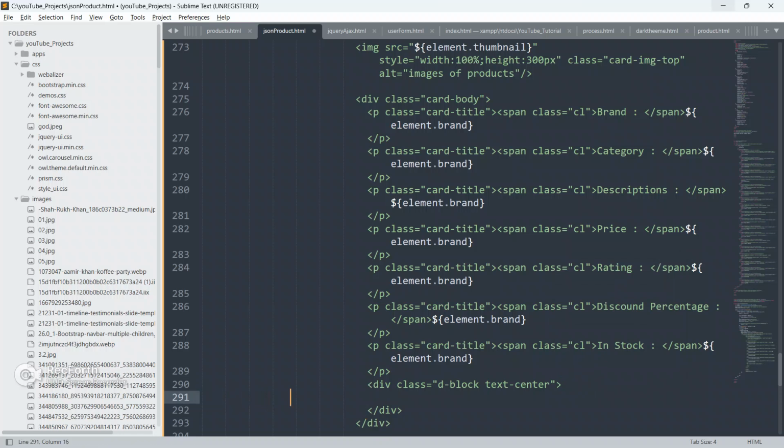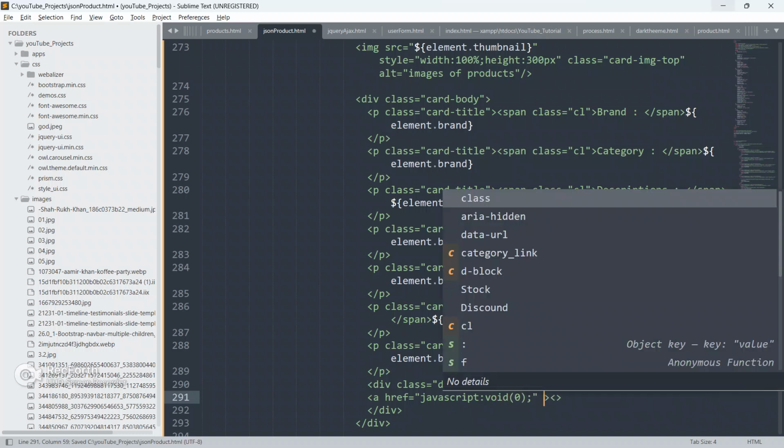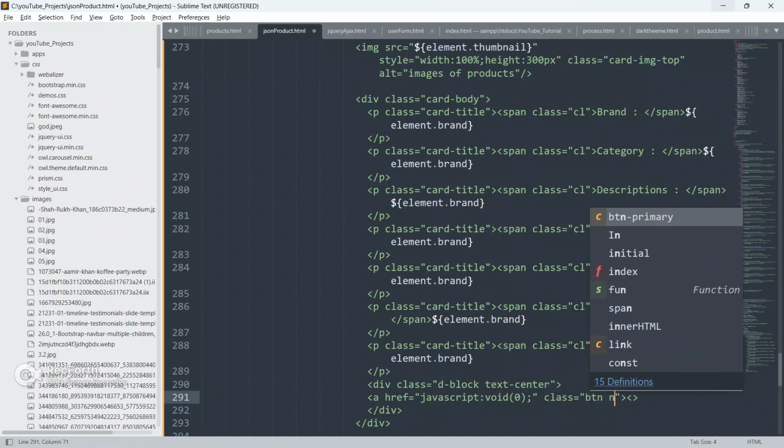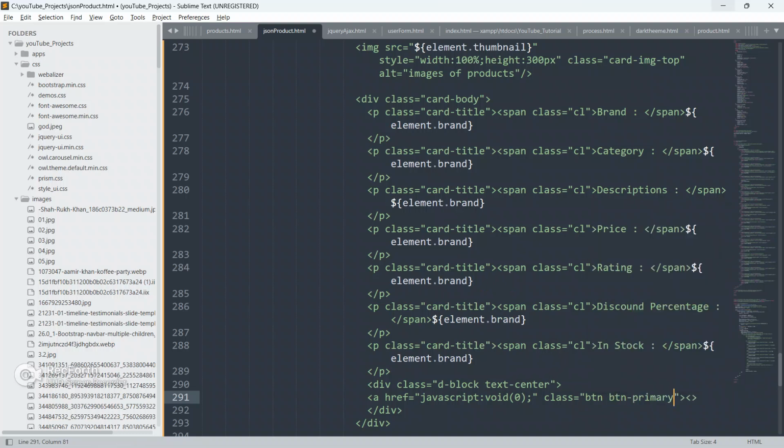Close this div now, and inside this div create an anchor tag, give it a href as javascript void, and give class as btn btn-primary.